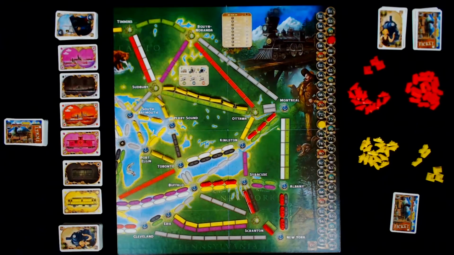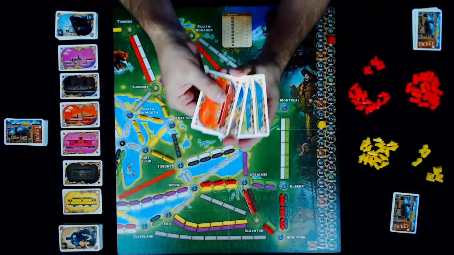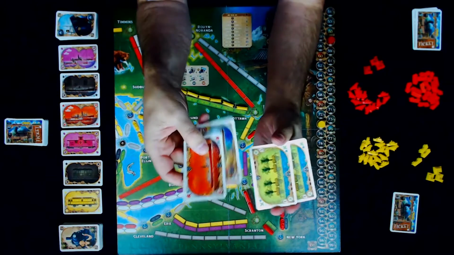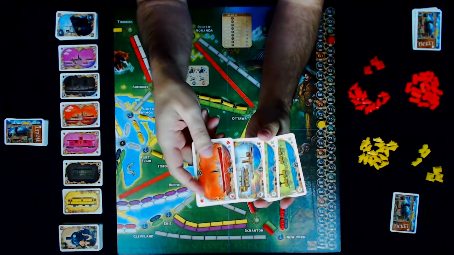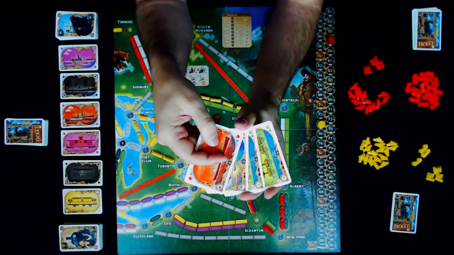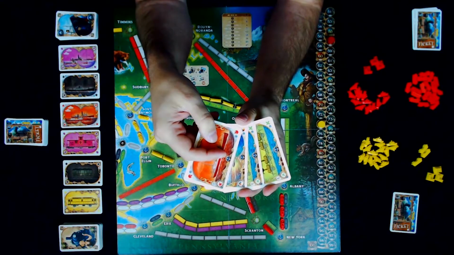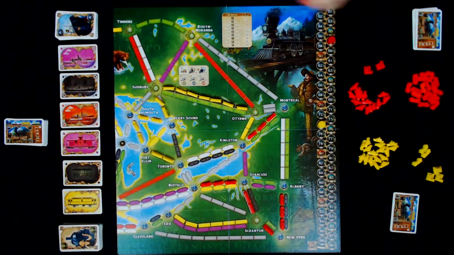The final action you can take is to build a harbor. To build a harbor, you need 4 cards, and they must necessarily be a pair of train cards. We have 2 green train cards here, and a pair of shipping cards. We have 1 red ship and a wild card, which counts as a ship card. All 4 cards have to feature this anchor symbol in order to use them to purchase a harbor. So having played those cards, red can now place a harbor